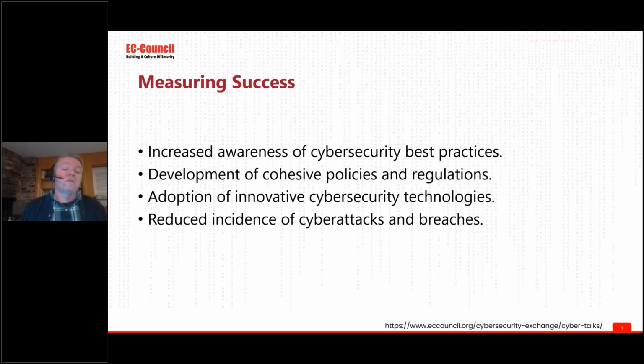So when we talk about the awareness of cybersecurity best practices, we cybersecurity professionals are very aware of cybersecurity best practices. But the problem is that most other professions or industries, verticals, are not aware of cybersecurity best practices. This is a significant issue, and it's very critical that when you talk to an organization, say for instance, let's talk about agriculture, not overly concerned